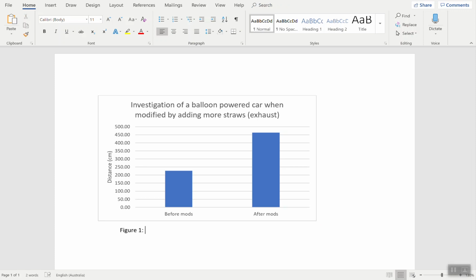If you've got a sketch of your car, then this could be figure 2, and you explain what's going on in this diagram. Just a brief explanation of what's going on,